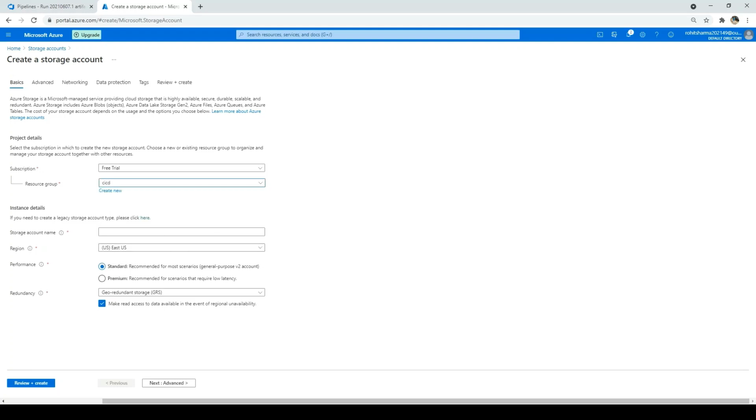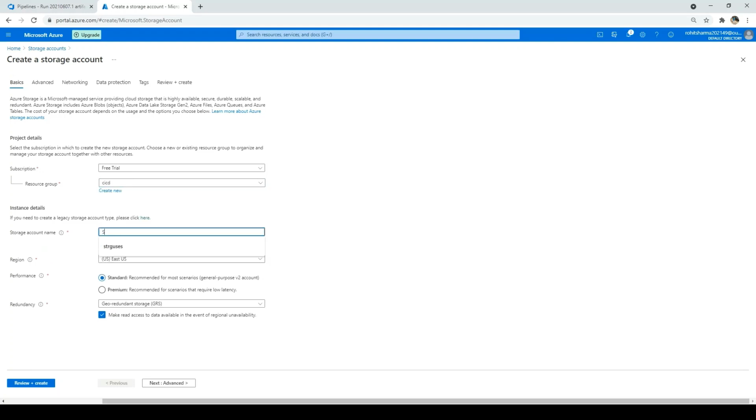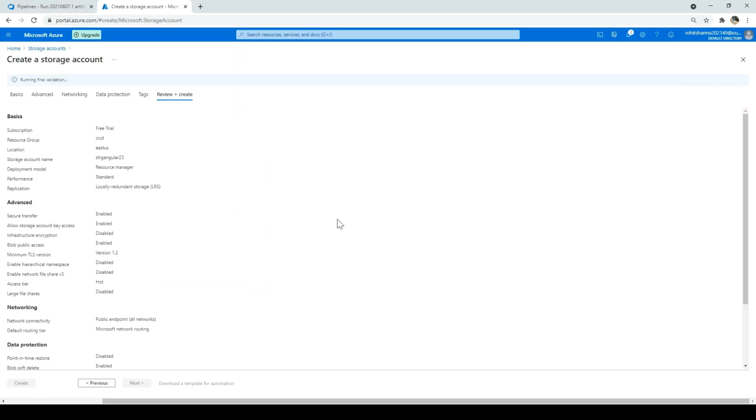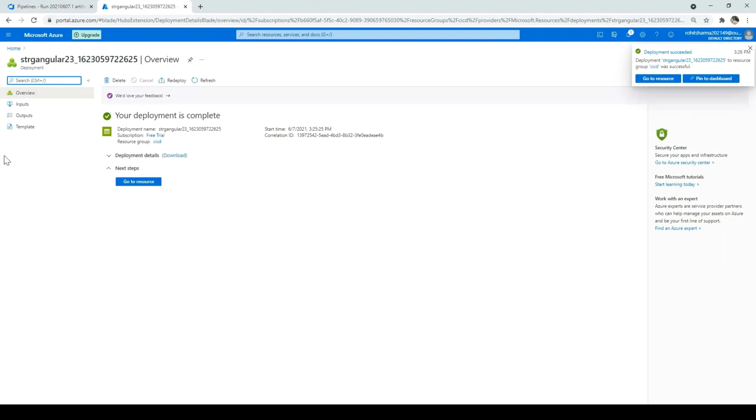I'll select CI/CD, account name strg angular 23, and it says everything should be small. I'll keep the region same, performance also same, just redundancy I'll keep it as LRS, and I'll click review plus create and then click on create. Okay, the resource is created, and let me click on go to resource,